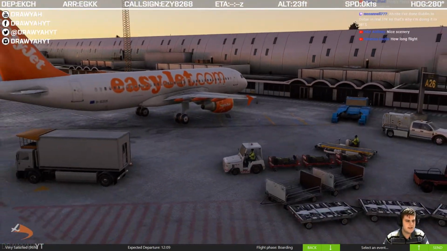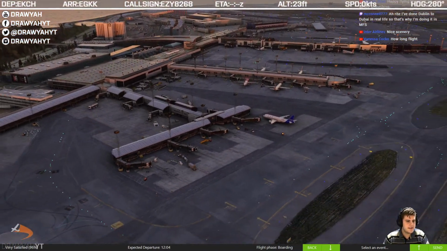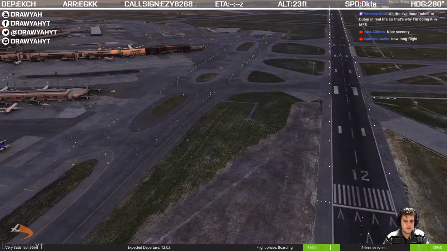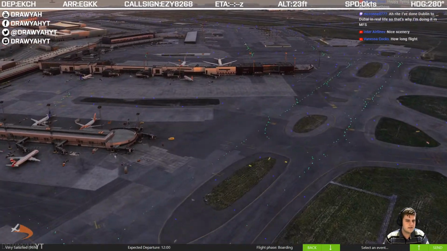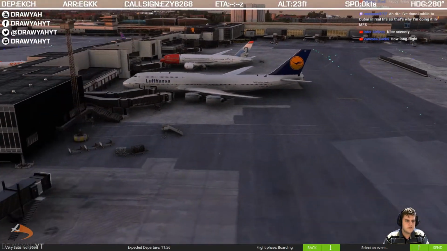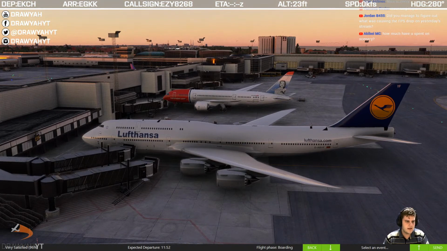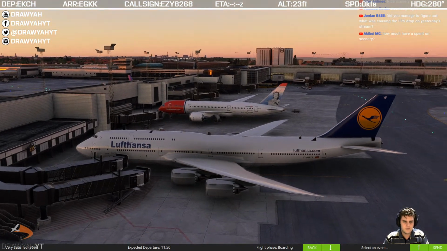Come over here in the private stand in his A320. But it's not a bad scenery that. The ground textures are looking very good indeed. Runways will definitely be enjoying that. It's just overall a very nicely put together scenery here for Microsoft Flight Sim. Got Norwegian 78 and Lufthansa 74, both also at their